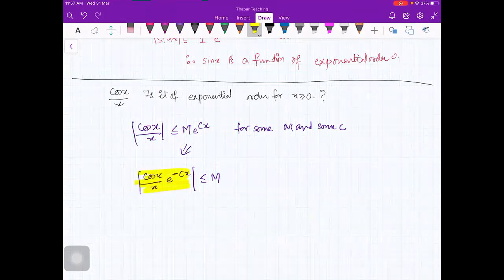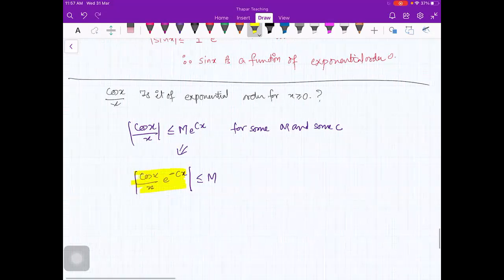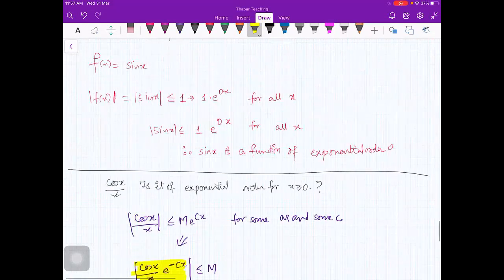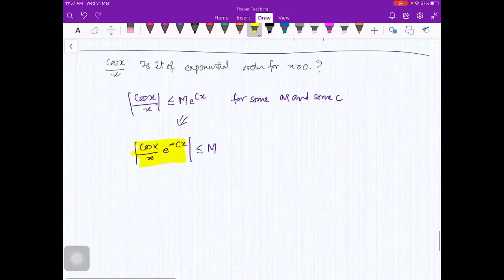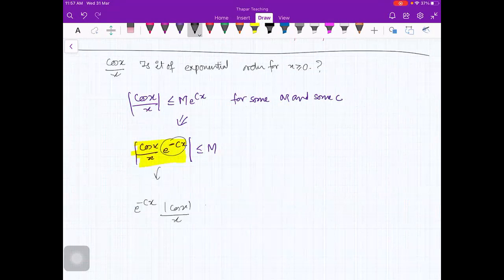Yes, ma'am. Okay, so if we want to show that f of x is of exponential order, then we can show it like this: कि हम इस function को bounded show कर दें. e^(-cx) को इधर ले आए. एक तरीका तो ये था ना कि आपने जैसे sin x हमें पता ही था. यहाँ पे देखिए, what I am doing is I am saying e^(-cx), क्योंकि ये तो पॉजिटिव है, मॉड से बाहर लिख लो अंदर लिख लो does not matter, times cos x upon x, right? So this is less than, cos x की maximum value क्या है, 1. So this is less than or equal to e^(-cx) upon mod of x.